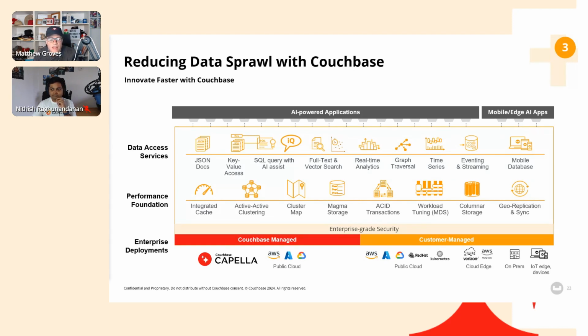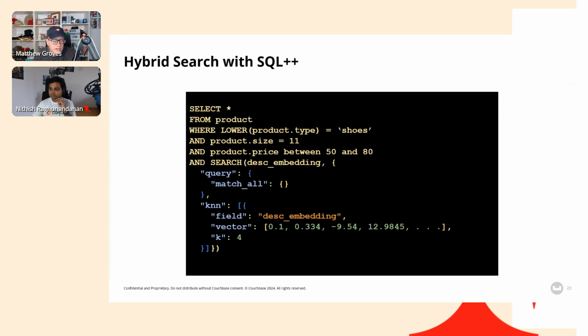But I want to talk about something called hybrid search, which is specifically related to vector here. We want to combine vector search, and vector search is good. It can give us really good semantic matching. But there's other things where it still might make sense to use a more traditional predicate or filter. This is a simple example right here. The search part, the AND search, is the vector search part of the query. But we still have, this is a SQL query in Couchbase, by the way, which has SQL for JSON data, all those filters up there, like the AND product size and product price and so on.